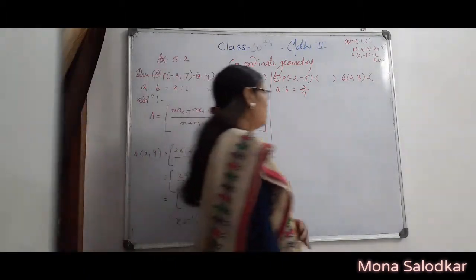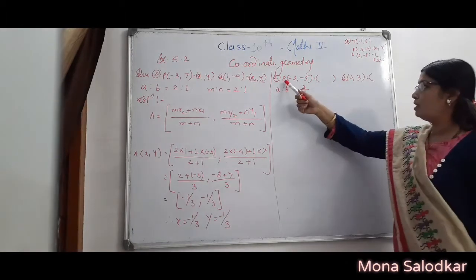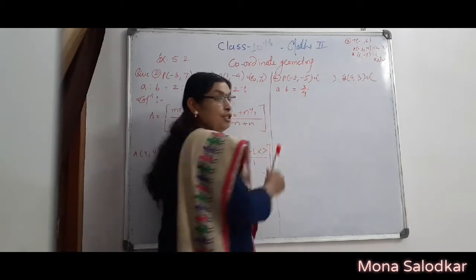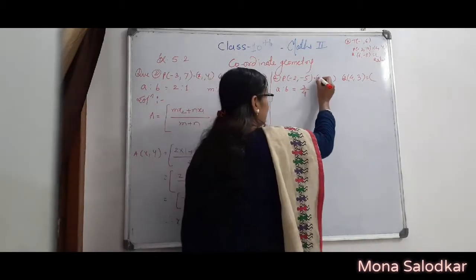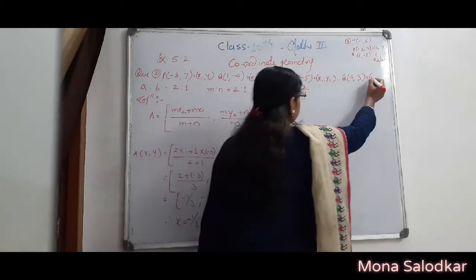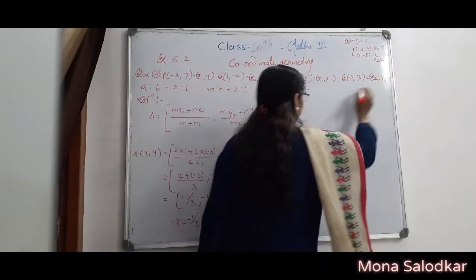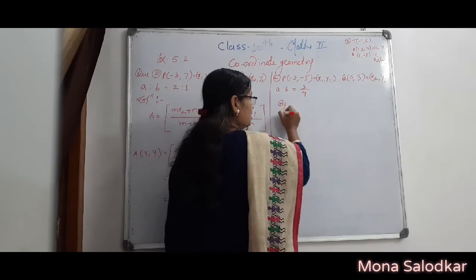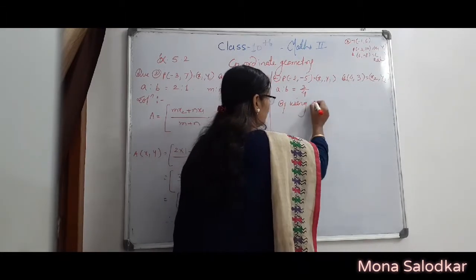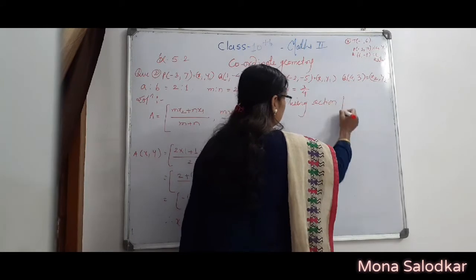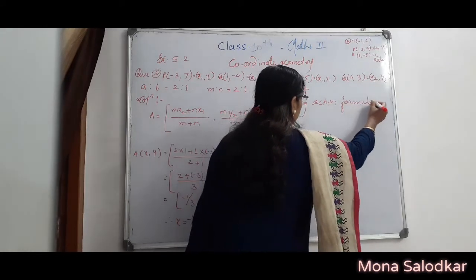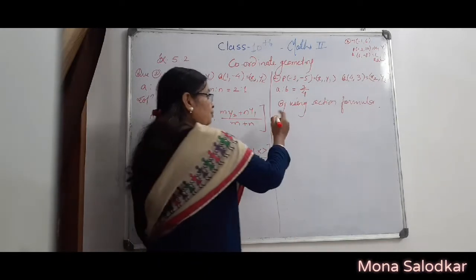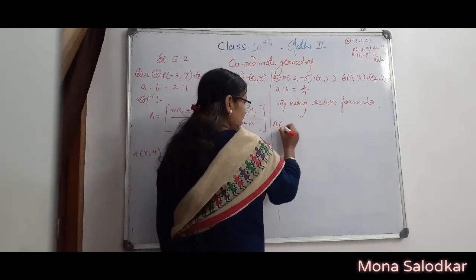Now see the second problem. In the second problem, what is given here also? A divides point PQ in which ratio? 3:4. Now see here, let first be x1 y1, second be x2 y2. And you have to use the section formula and find out the answer by using the section formula. Now see here what you have to do. By using the section formula, point A is x, y.